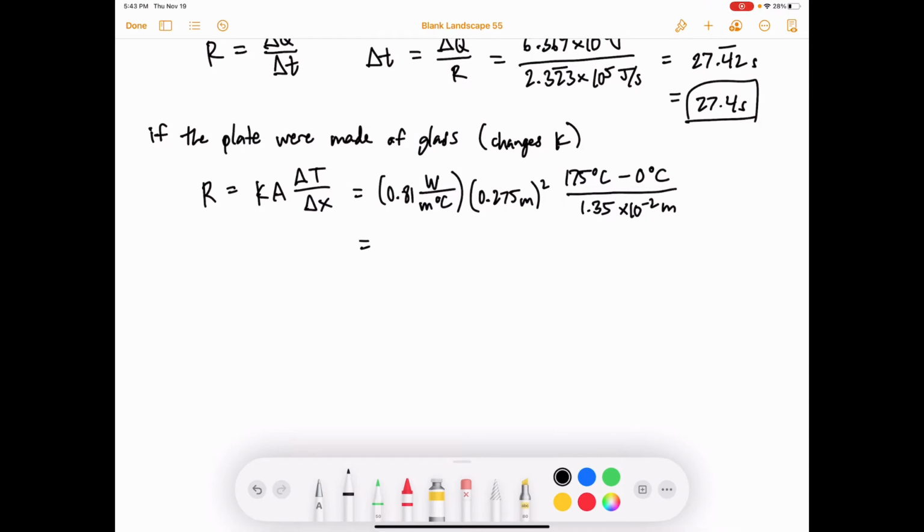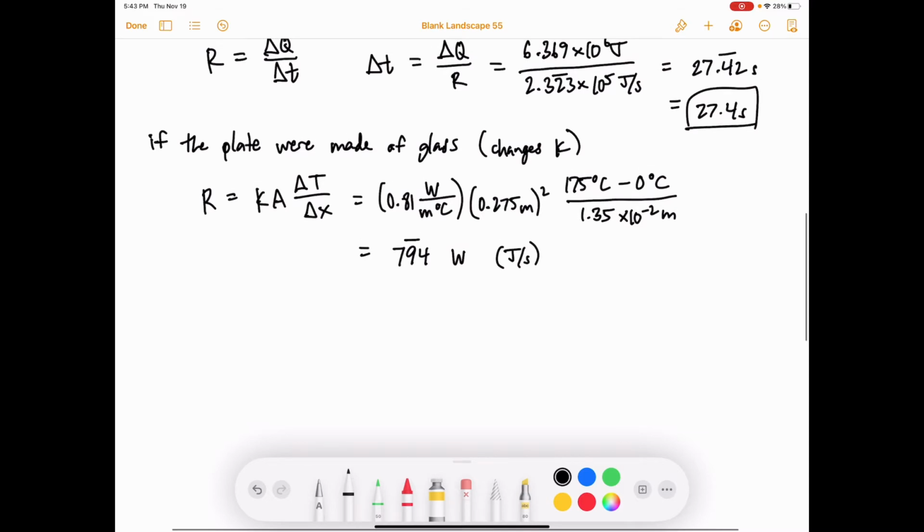So if you calculate this, it comes out to 794 watts. That's the rate of heat conduction. It's much, much slower than if we're using aluminum. So as a last step, we have R equals delta Q over delta T, as we saw before, which means delta T is delta Q over R. We're still trying to melt all the ice, so the heat required for that delta Q is the same as before,